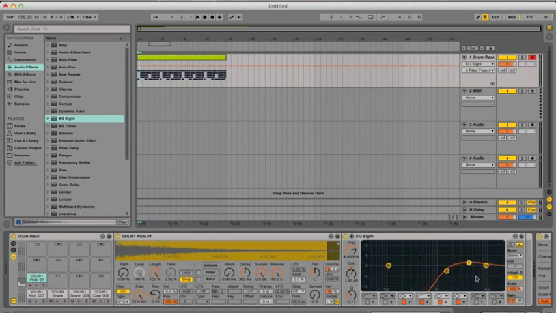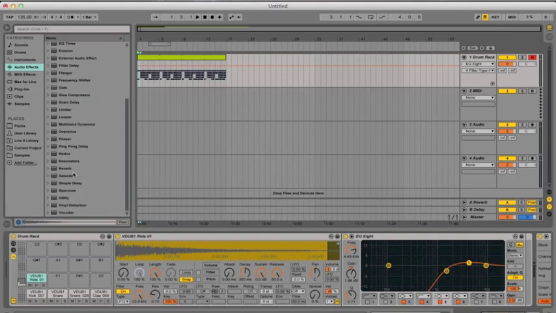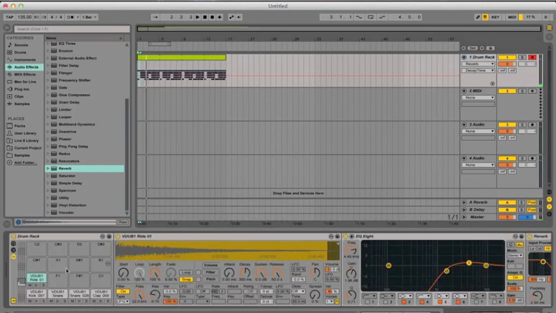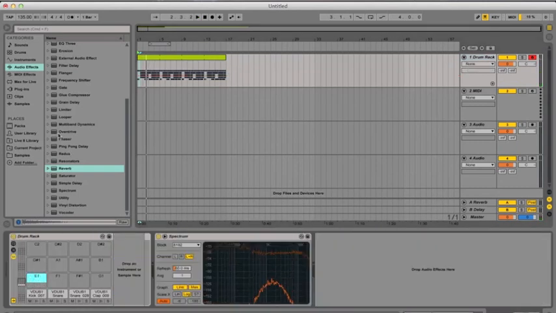I'm trying to make it sound better, but I still don't like it. Maybe put some reverb on it, tweak with that a little bit. Sounds okay, I guess, but